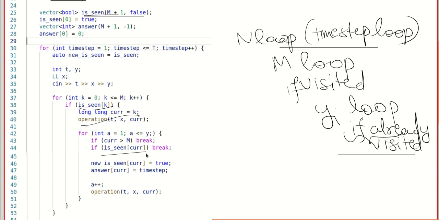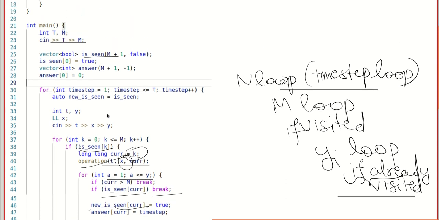So we check that if we have already visited that, then we break, and then we make the value of the visited array true for the new values after applying the operation. This operation is just basic, which will update the value of k using the given x and y, and then we again apply the operation y. We apply the operation y times, so we again call the operation function.